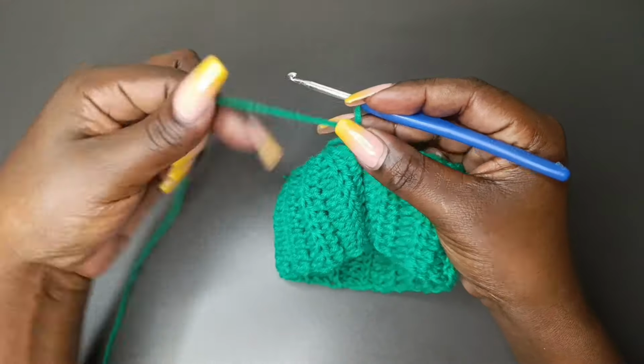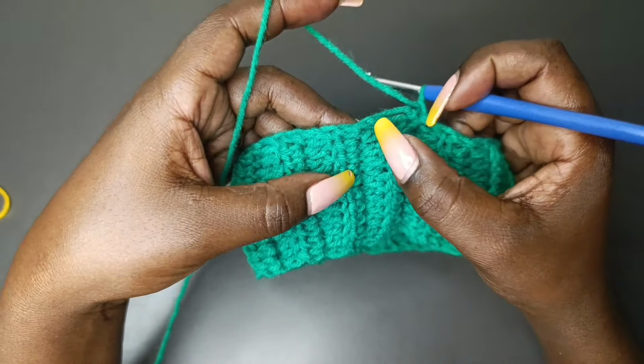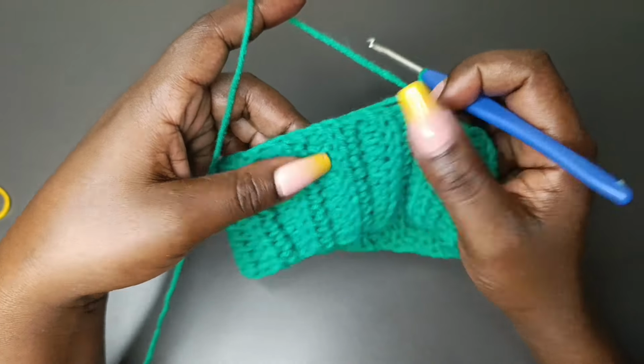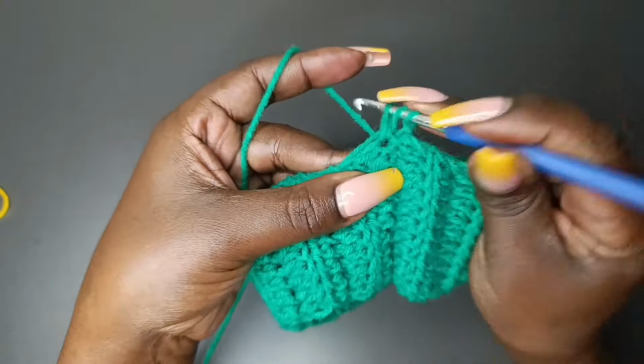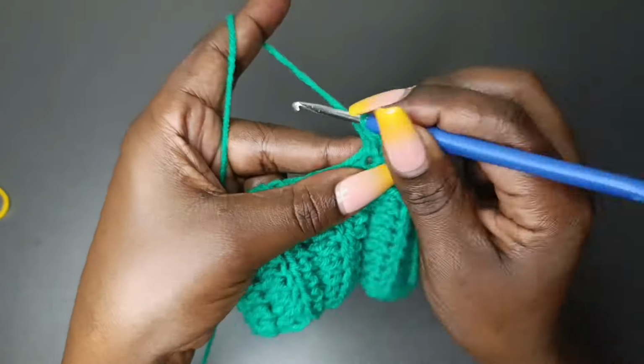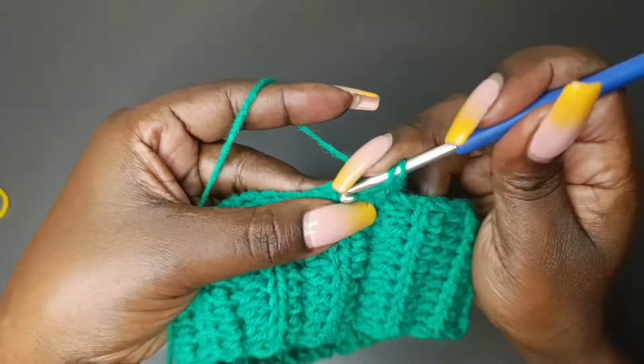So if you've worked 28 rows like I have, you can see the rows. This is row 1, 2, 3, 4, and so on. So we're going to work on those rows. My first stitch will be right there where I've chained one. I'll place one half double crochet. Then in the first row, I'll do 2 half double crochets